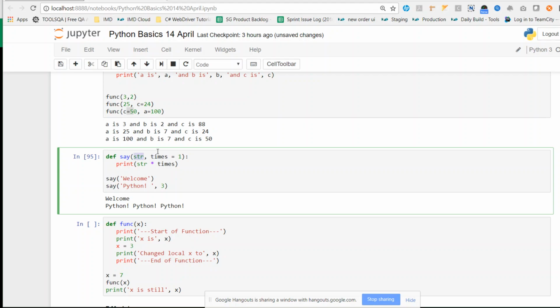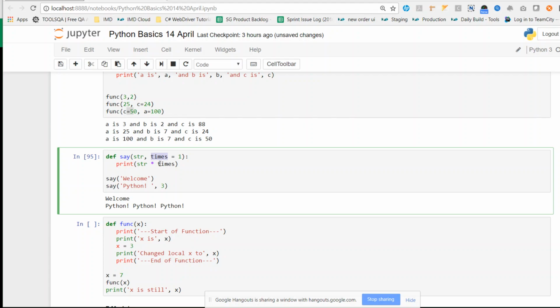This is the first argument and this is the second argument. If the second argument is not passed, it will take the value 1. What this function will do is simply print this string the number of times. That is, if I write 1, it will print it 1 time. If I pass times as 2, it will print it 2 times.